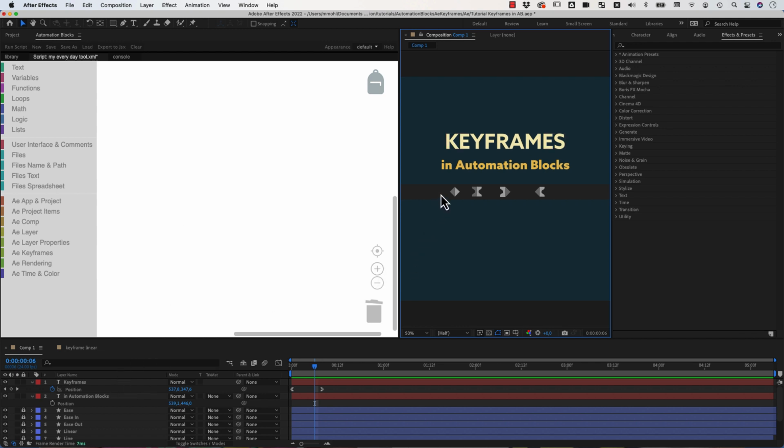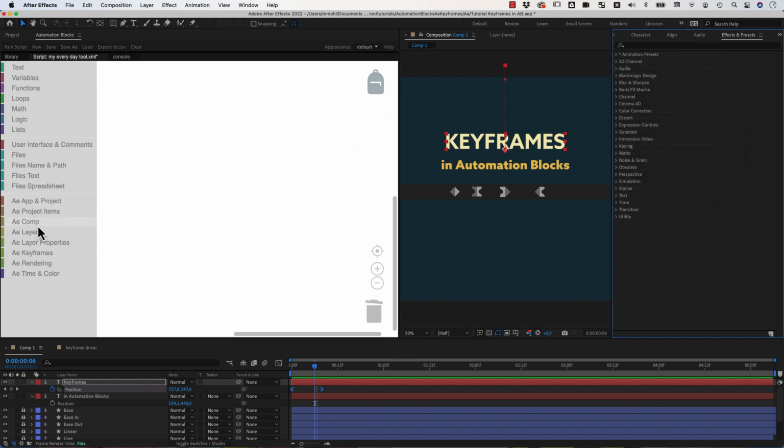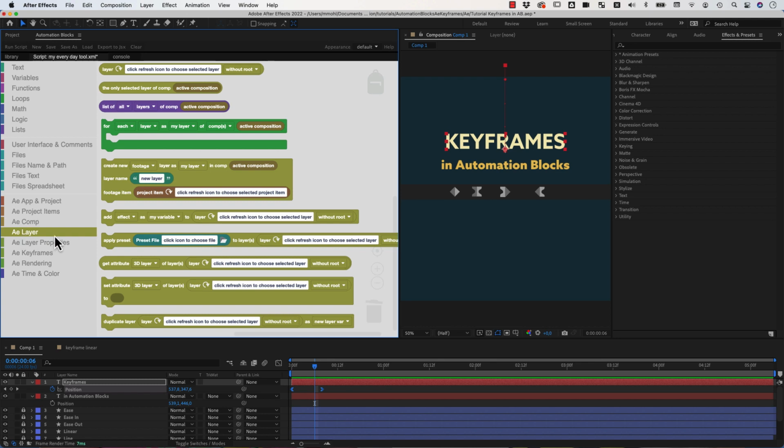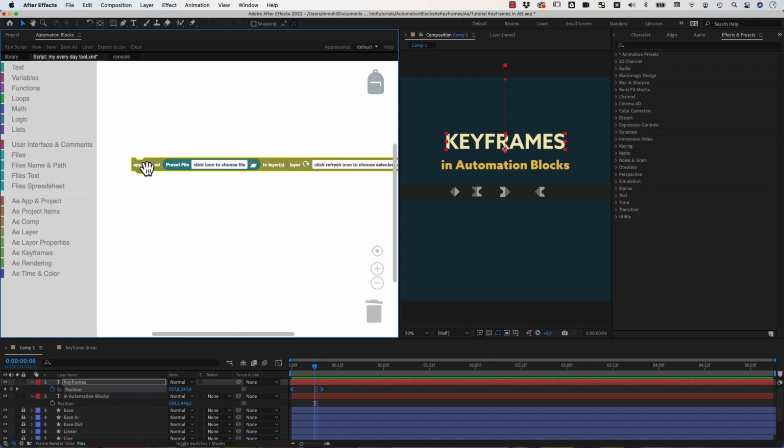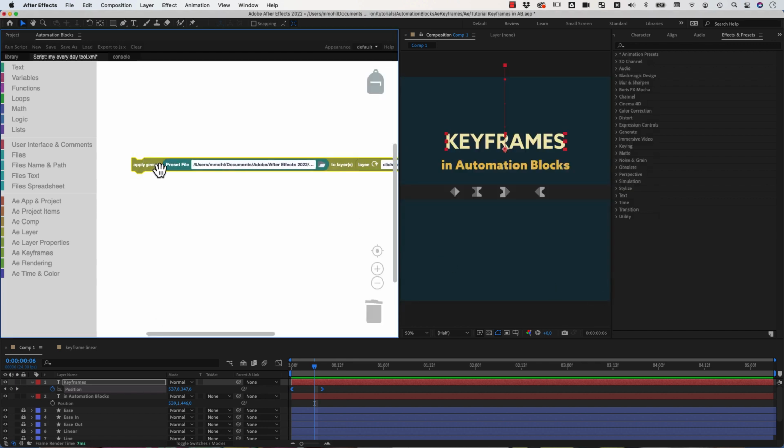If all you want to do is to paste a specific set of keyframes on multiple properties, maybe in a layer, what you can do is to select those keyframes and then in After Effects save those as an animation preset, and this will give you an FFX file. And then with automation blocks in the layer category you find this apply preset block where you can now pick here the FFX file you want to use, and now this would apply this entire preset to the layer that you specify here. So if we want to apply to this layer, we can just click here